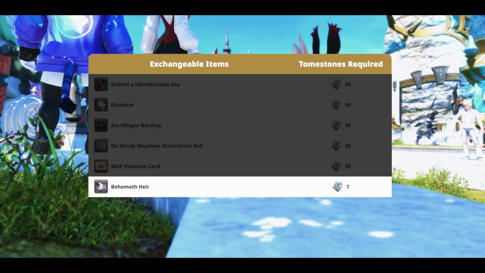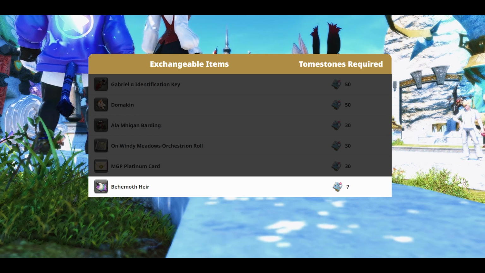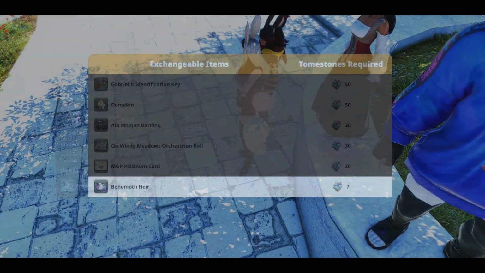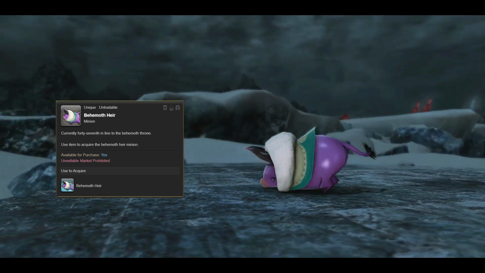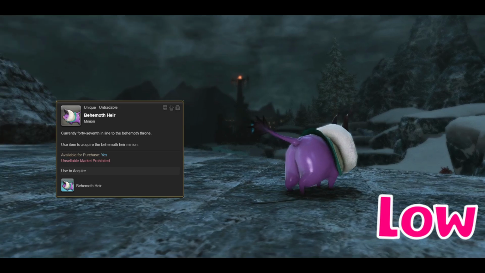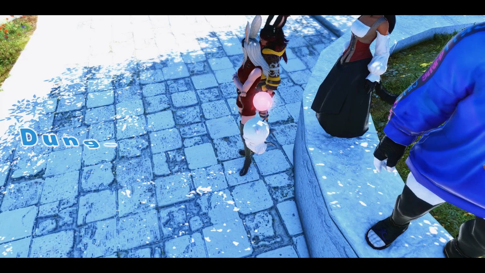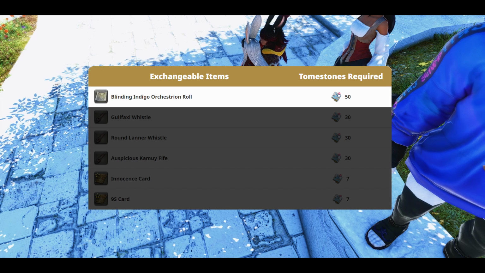The Behemoth Heir is normally purchased with 400 Centurio seals, which you get by participating in the hunt. Trust me when I say, if you can join a hunt Discord server, picking up 400 Centurio seals will be child's play, low priority. When it comes to dungeon, trial, and raid drops, we will start with the Blinding Indigo